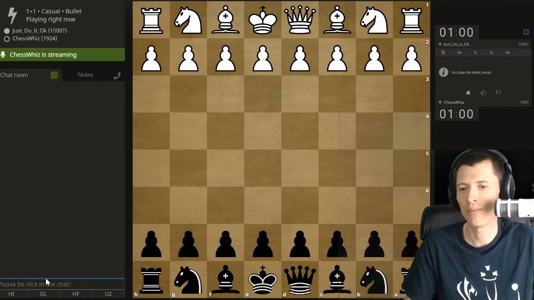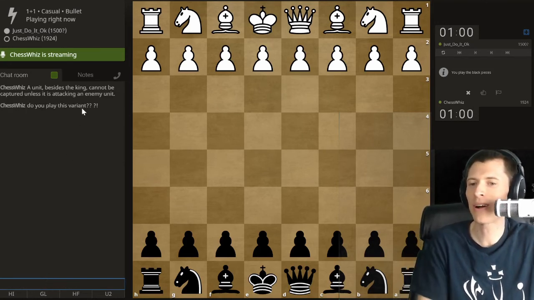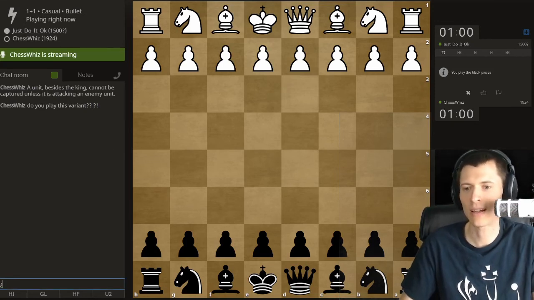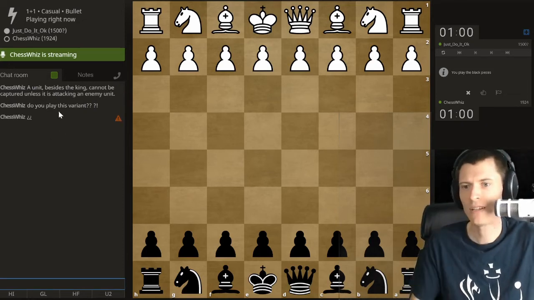Okay, let's see if you want to play the variant. Do you play this variant? Question mark equals exclamation mark? And this would be the interrobang if I had one? How do you do that? Something like this. Do you want to play the variant? Let's not move if he won't, okay? If he's not going to, we're going to...